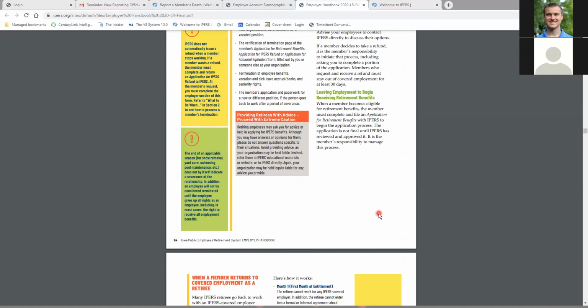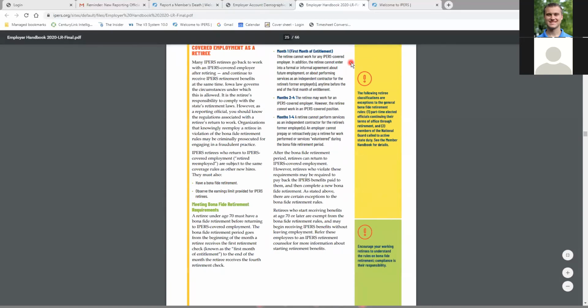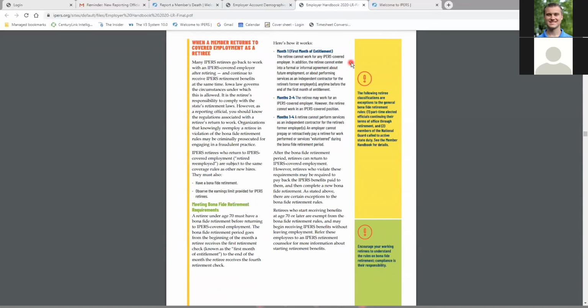Next, we're going to move on to retired reemployed. Bona fide retirement periods and returning to work. If an individual is under age 70, they must complete a bona fide retirement of 4 months if they're in a permanent position, 1 month in a temporary position. There's a $30,000 earnings limit up to age 65, and anyone over age 70 can draw a benefit and continue